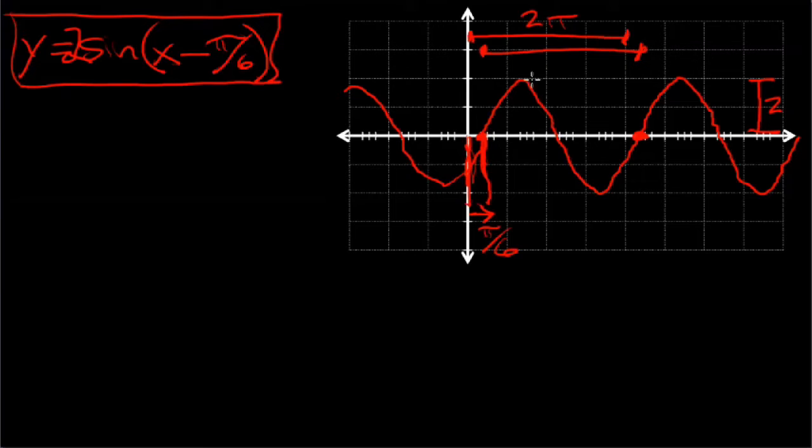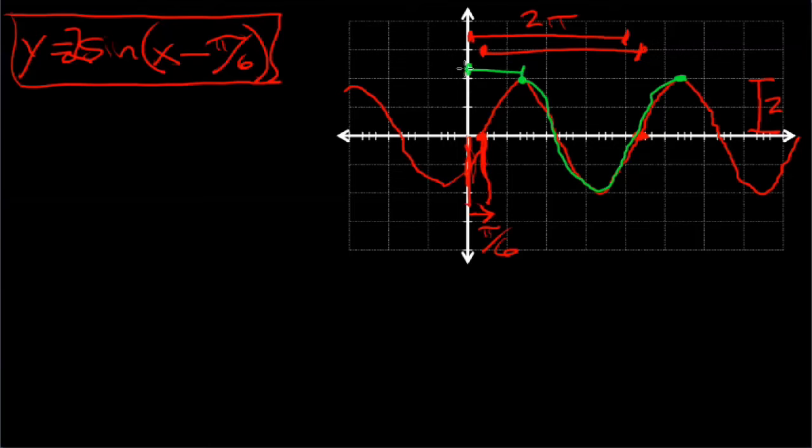I can do this with cosine. So if I started here instead, let me change colors real quick. Suppose that I think of it as starting here and the graph coming down and doing this. Well, the period's not going to change. The graph shape has not changed. Amplitude has not changed. But the one thing that has changed